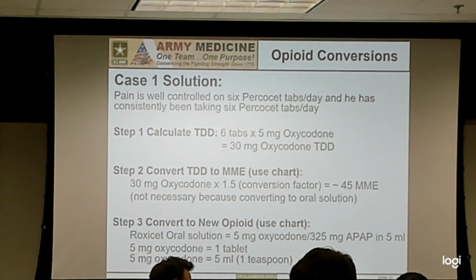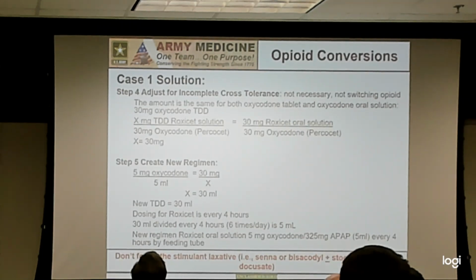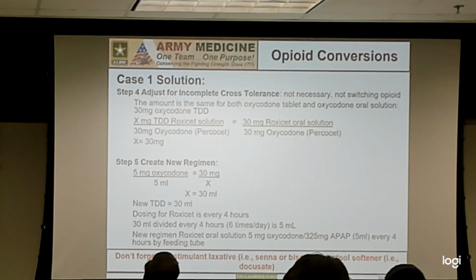Because I'm only converting to a solution because this patient can't swallow, I don't need to worry about the other step we were just talking about with the cross tolerance. So now I just need to convert it based off of what strength they have that solution in. That's your last step. Did that make sense? Somebody say no. Okay. Yes. Then this is just them solving for the regular math that you learned how to do last semester. And then the